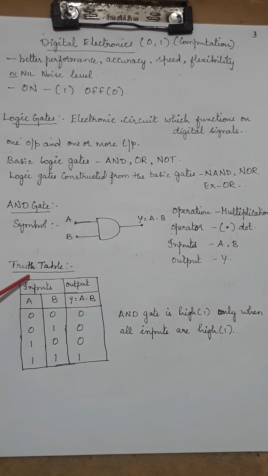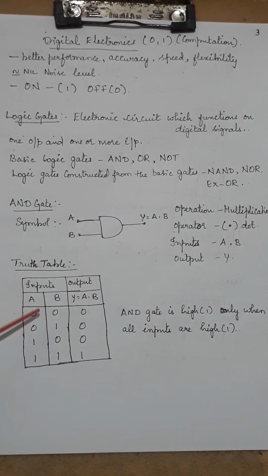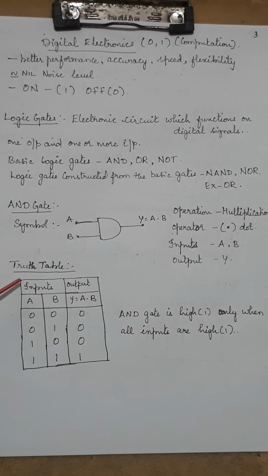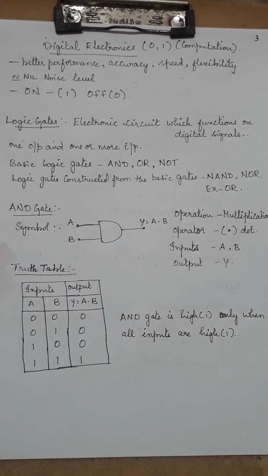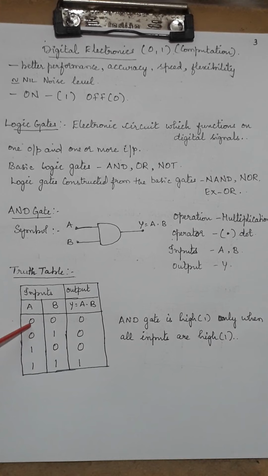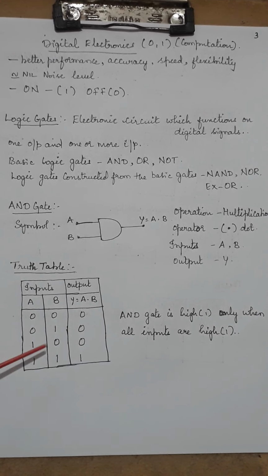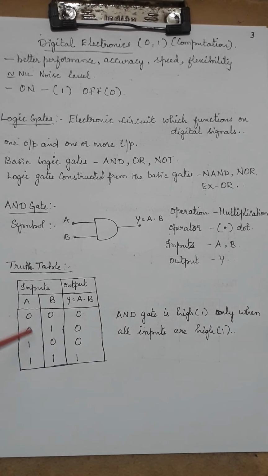So moving on to the truth table, that is how do I prove it, how calculations are done, where you have inputs A and B as the two inputs. What are the possibilities? 0 0, 0 1, 1 0, 1 1. These are the various inputs that I am going to give.